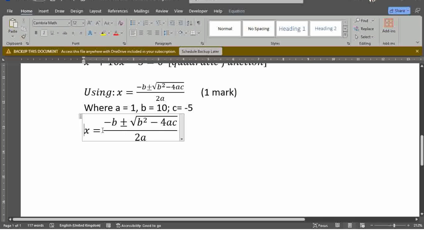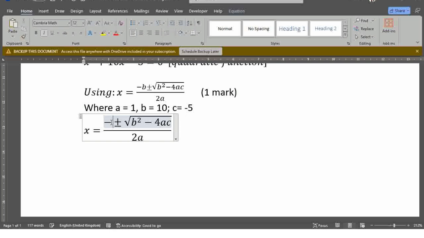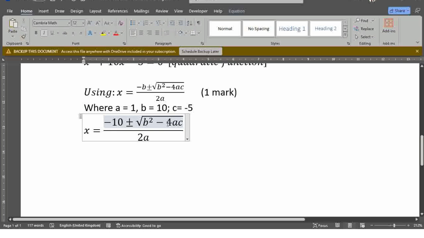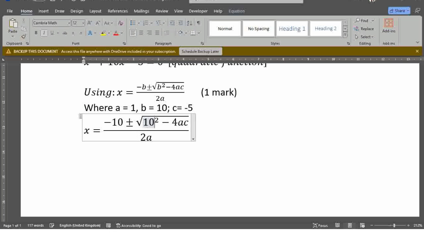So we have x is equal to, now we have minus 10. We're now substituting for real values. Instead of minus b, we have minus 10 plus or minus. Where we have b, we put 10. Substitute for real values. 10 superscript 2 minus 4ac. That's 4